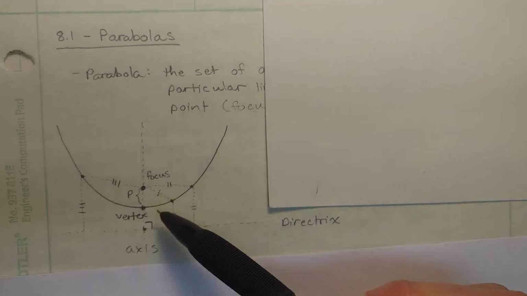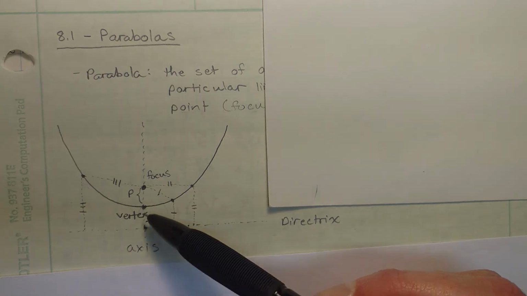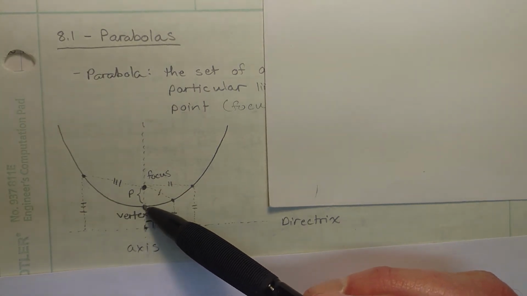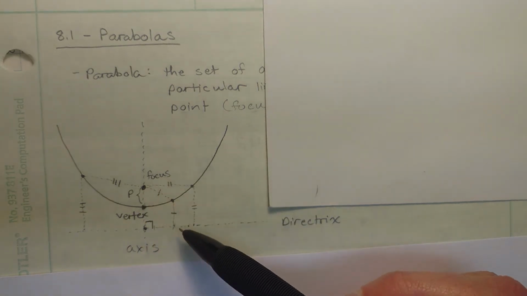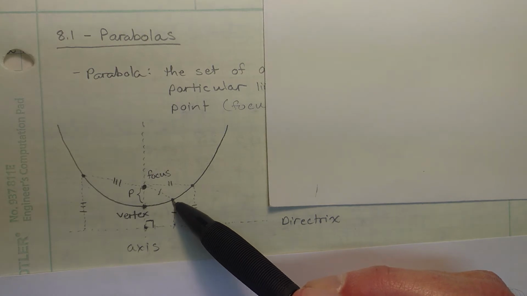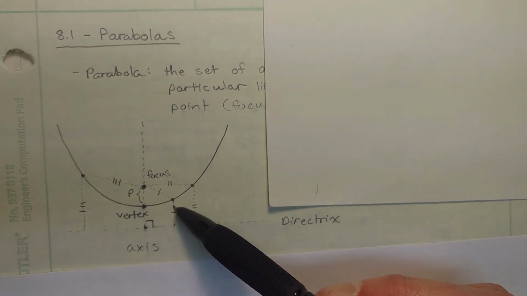And so if we look at the distance from the focus to the directrix, and we take it where there's equal distance from here to here, that's a point on the parabola. So for instance, if I start on this point of directrix and I go perpendicular to the directrix, and I go from the focus and I go to the point that is equidistant,